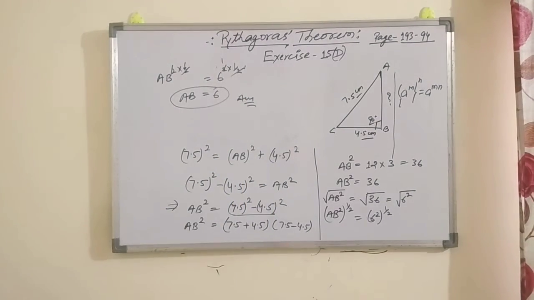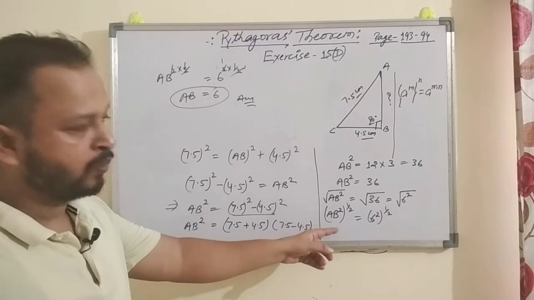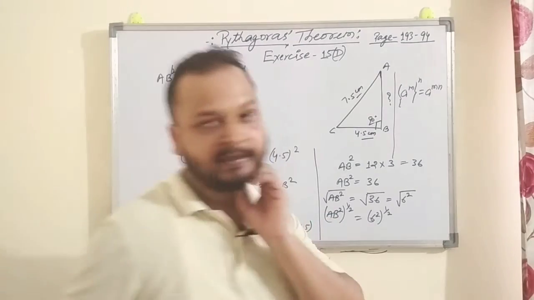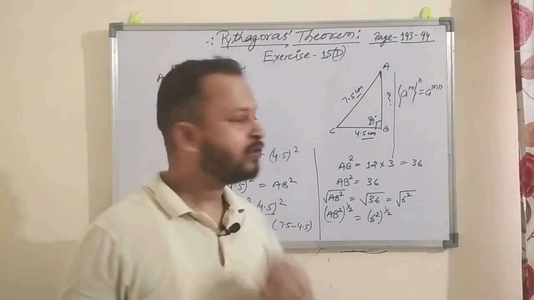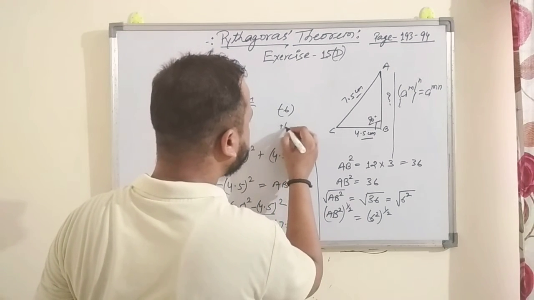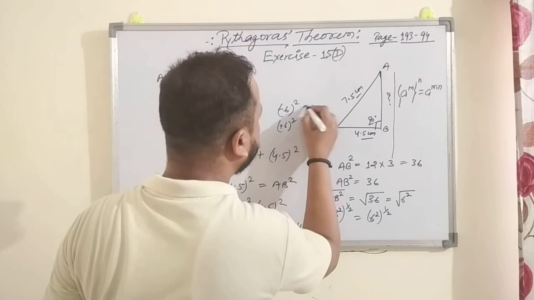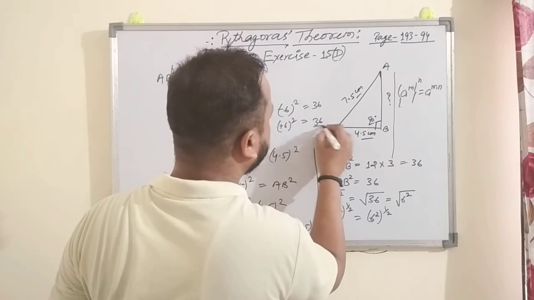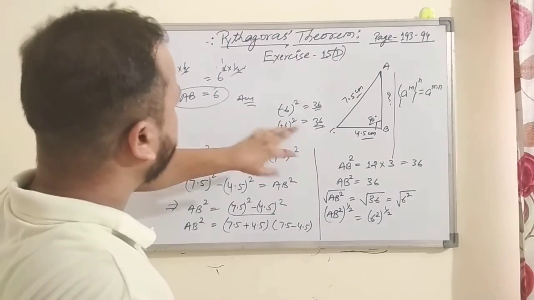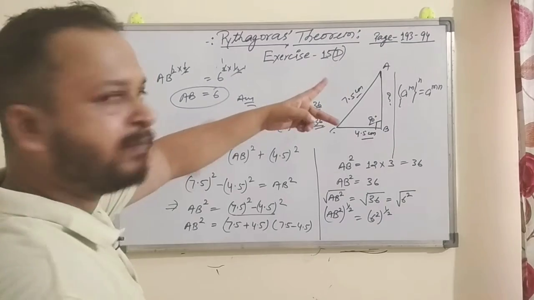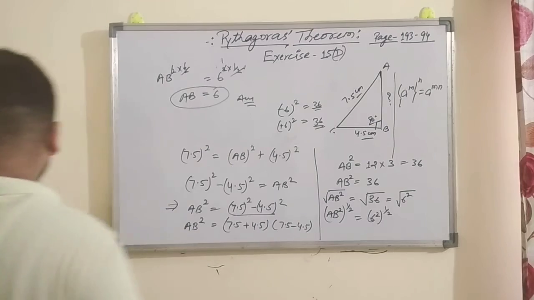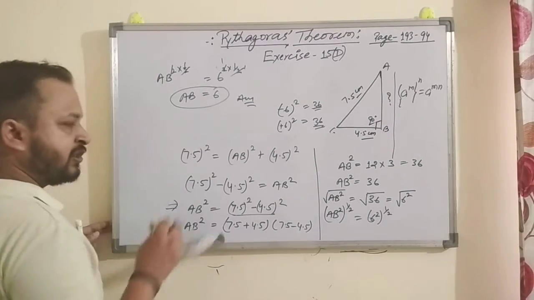right? So this way this whole process goes, right? And here we are not considering the minus sign. Why? Because you know that if you square a negative number or a positive number, you will get the same value, right? But we know that distance never becomes negative, so we are not considering the negative sign also, right? So this was question number 3 of the exercise.